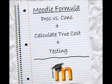but either way, it's important to do the work involved in selecting an LMS before you go too far down the wrong path and waste money. If your organization is anything like mine, you're looking to get the most impact at the least expense, and that is what Moodle can do for you with a little hard work. I hope this presentation helps other corporate instructional designers and e-learning managers make the best decision on the perfect LMS for their